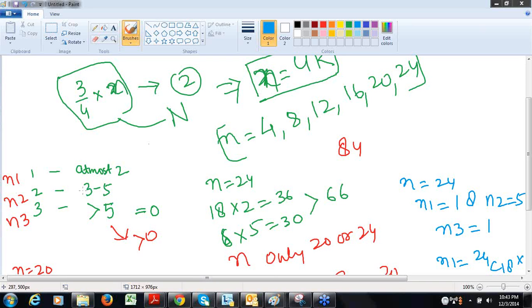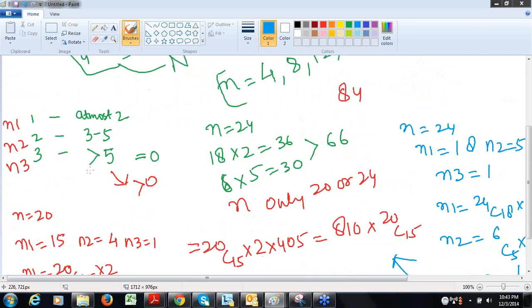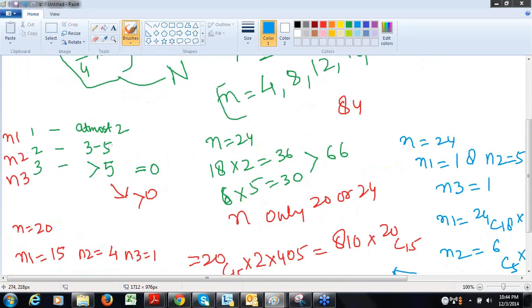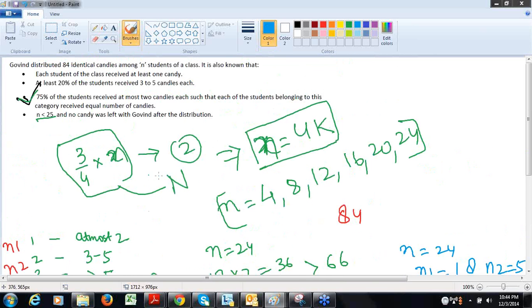If it is less than 5, then so I am taking the... see, if I am taking 3 to 5, that means 3 to 5 is the second category. If I am taking greater than 5 as 0, and 3 to 5 should be at least 20%, so I am saying all 25% comes out to be in 3 to 5. When I am saying all 25% comes out to be in 3 to 5, that means if you see,